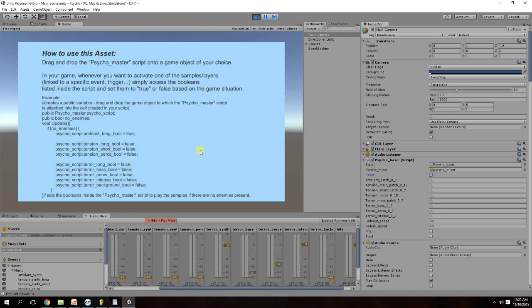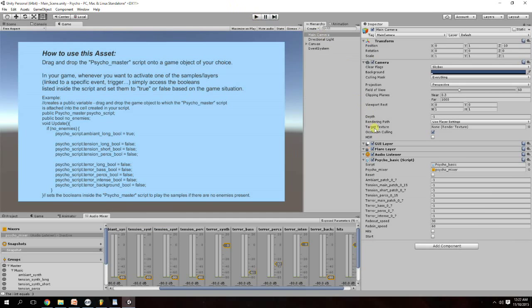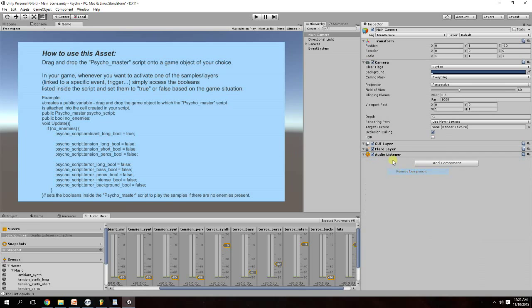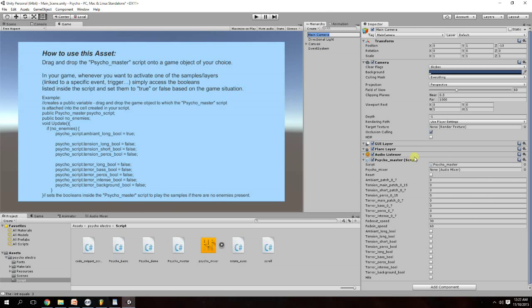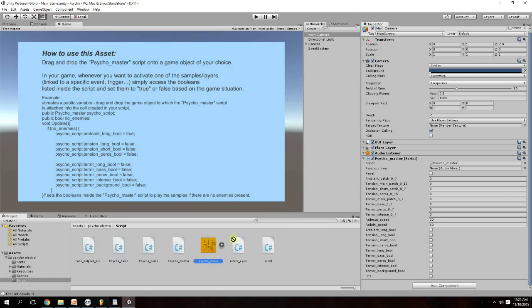You will have to manipulate the mixer tracks manually to bring in the different intensity levels and transition between the different samples. If you choose the Psycho Master script, the transitions will be handled for you. Simply use the code snippets provided in the code snippet script to find out how to use the Psycho master